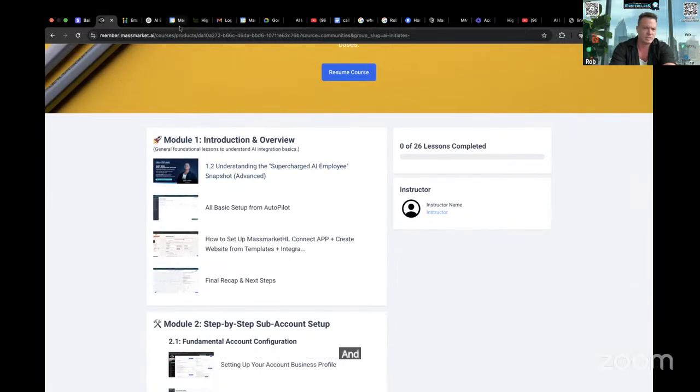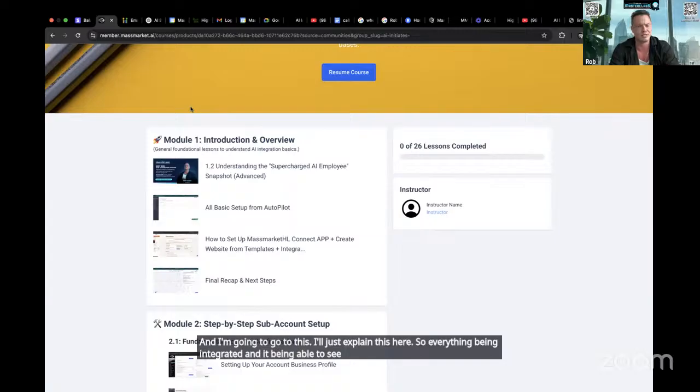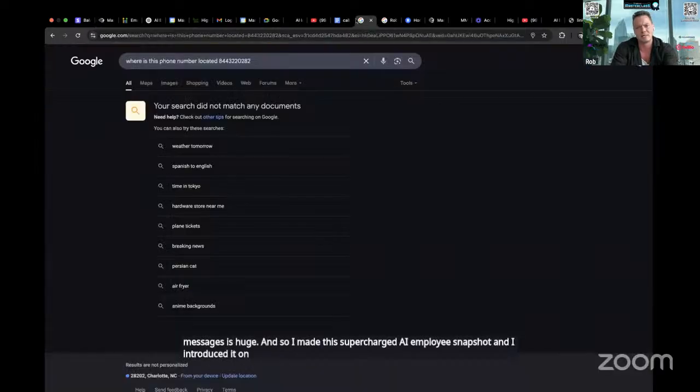And I'm going to go to this. Well, I'll just explain this here. So everything being integrated and it being able to see your outbound messages and see the workflow messages is huge. And so I made this supercharged AI employee snapshot and I introduced it on my masterclass with HighLevel, which is